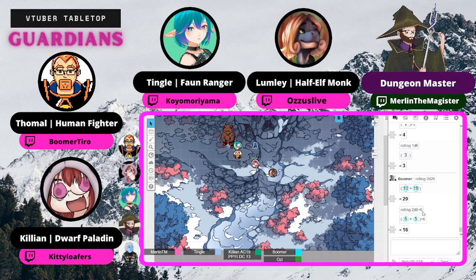Okay. Next up, we got Lumley. Yeah, Lumley, having seen a bear this size for the first time, is a little intimidated on approaching it, so he is going to move up a few feet, and he is actually going to throw a dart at the bear. Amazing, go for it. That's a 13.